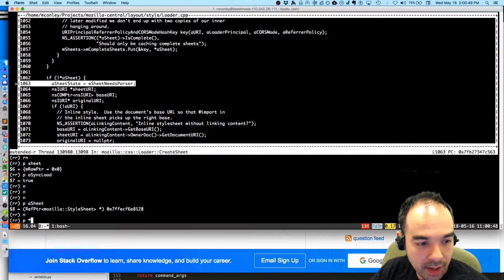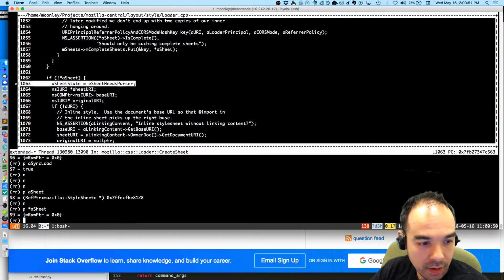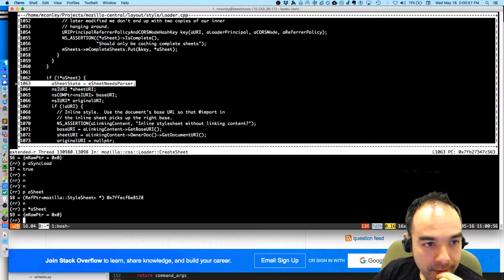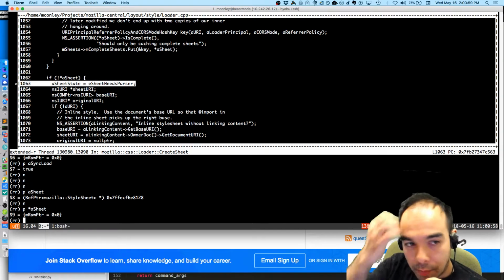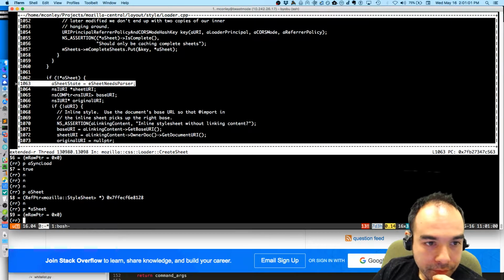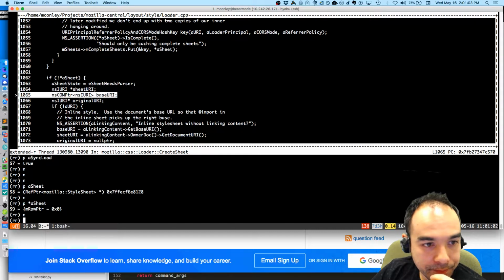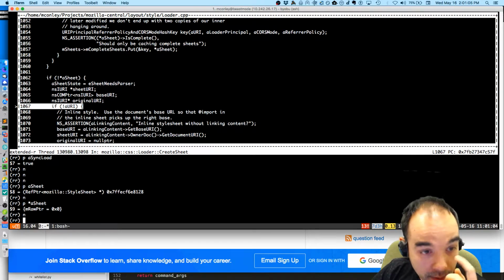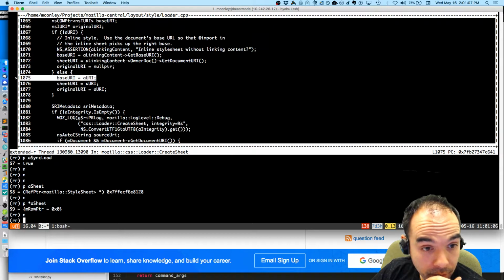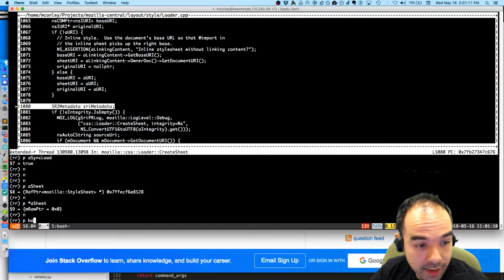Oh, it was a sheet. Oh, right. It's just a pointer to null. It's pointing at null. Okay, because it's an out param. Right, so we need to parse it. If there's no URI, then we're going to skip that, because we do have one. We get the URI. The URI is